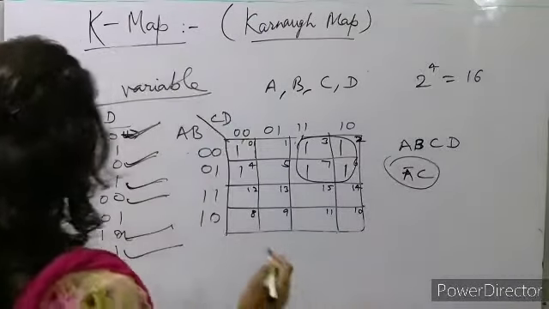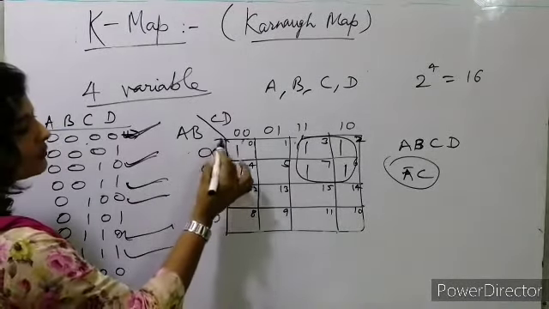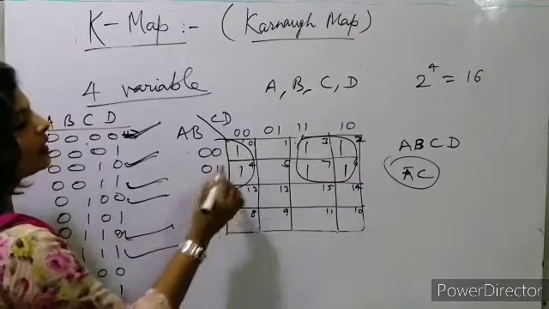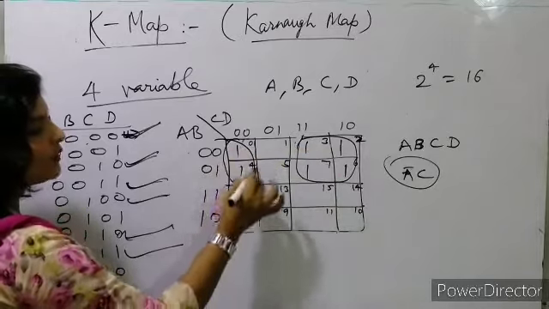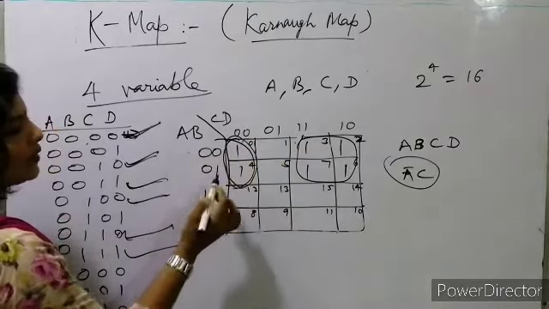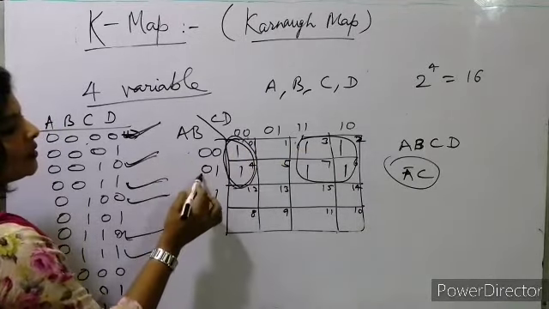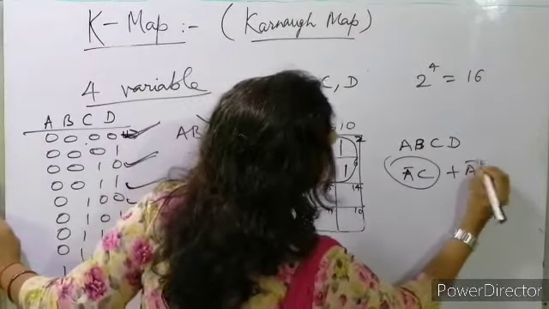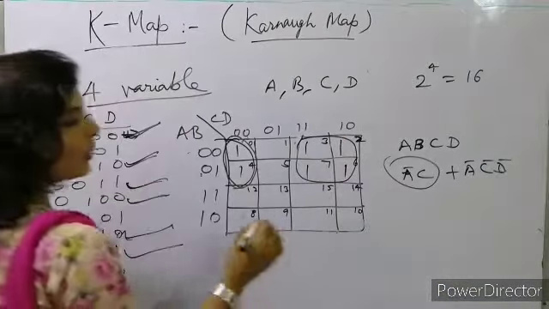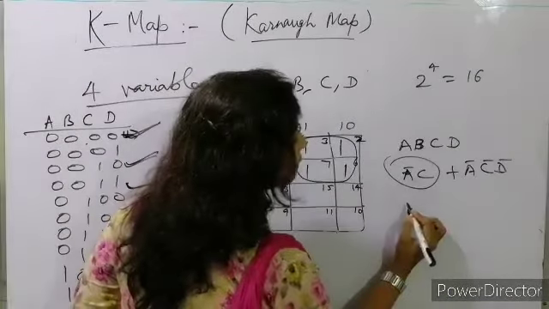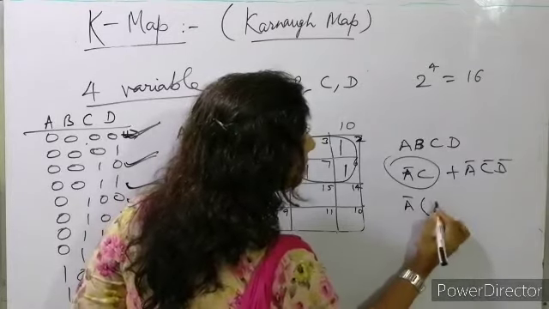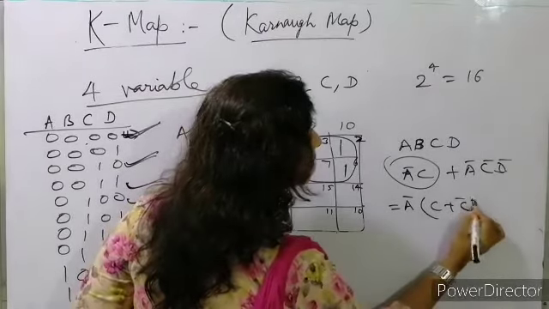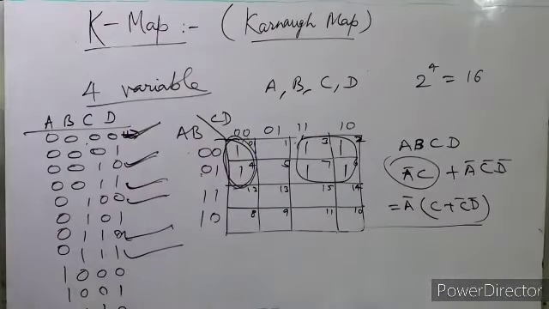Okay, so for these 2, we can take them like this. If these 2 remained, we would take these two, but we have taken this already, so these 2 we'll take. And what will its value be? 0 0 is common, 0 0 in both of these also is 0, A bar C bar D bar, plus A bar C bar D bar. Okay, now A bar is common in both, so A bar we'll take, and C plus C bar D bar. Okay, so this will be the answer.